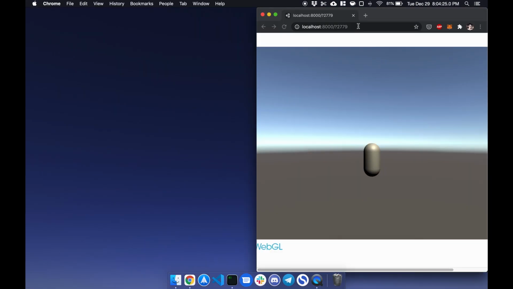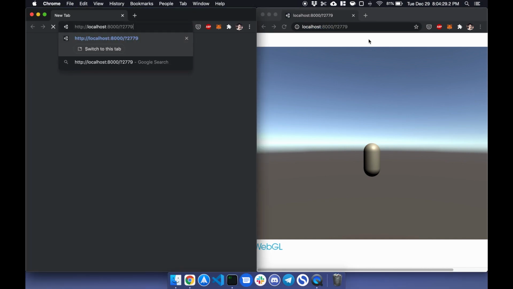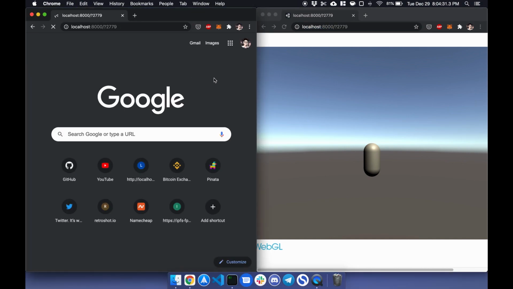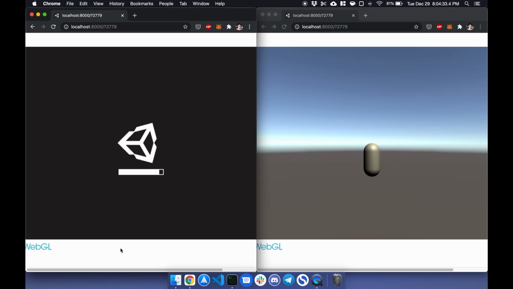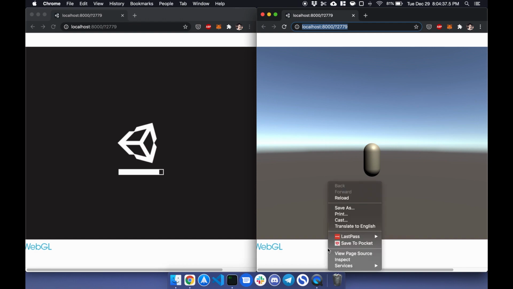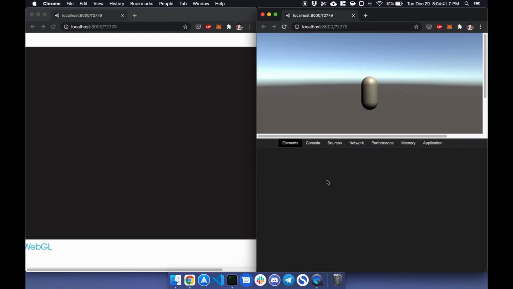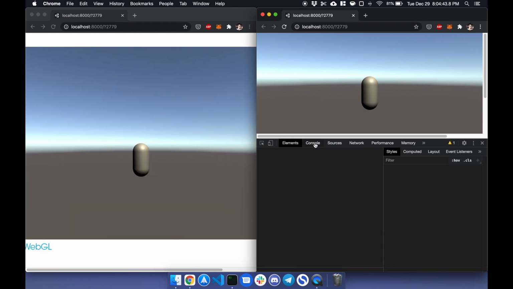Okay, so we're back. We have a local version running. I'm just going to open up a new window and paste in the same URL for player 2. Wait for it to load. As it's loading, I can pull up the console and see how the data is being sent over. So if I click on console,